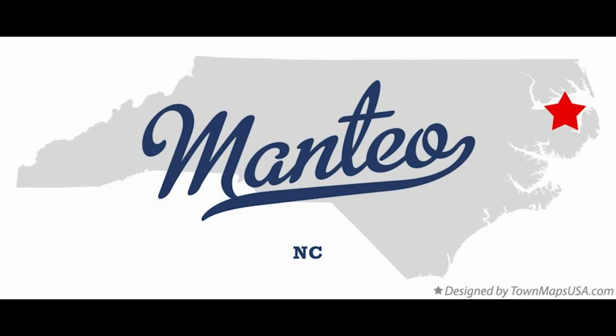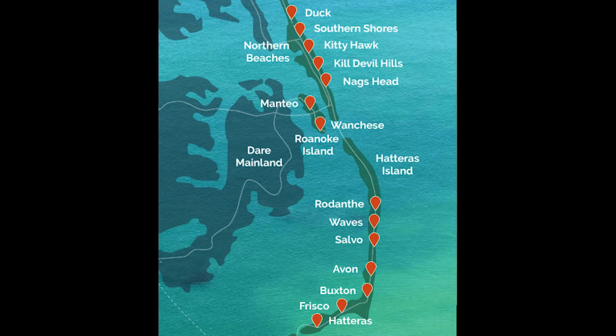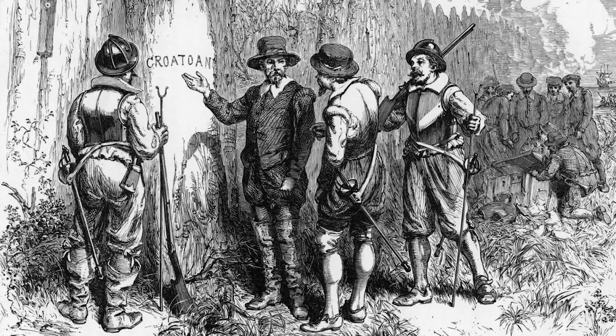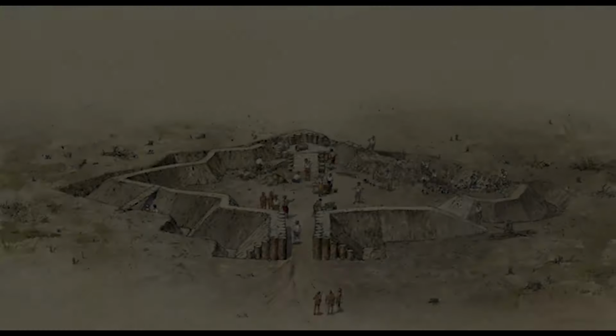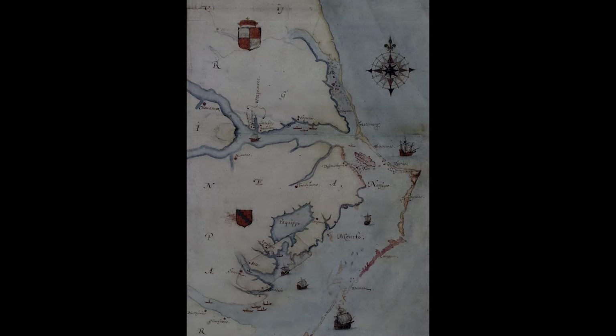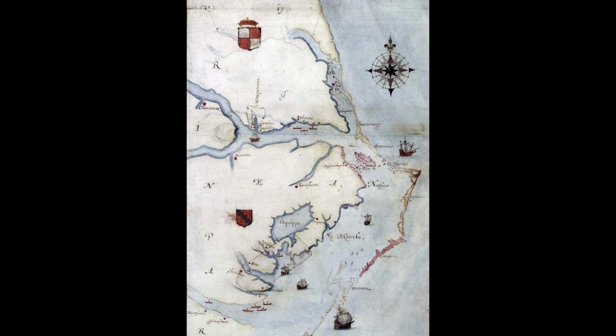Manteo is a town in Dare County, North Carolina, located on Roanoke Island, and is the county seat of Dare County. Roanoke's history is legendary. Long before Jamestown and Plymouth were settled, this island played host to the first English-speaking colonists in America. In 1584, an English fort and settlement with more than 100 men was established on the north end of the island, but it was abandoned the following year due to weather, lack of supplies, and poor relations with the Native